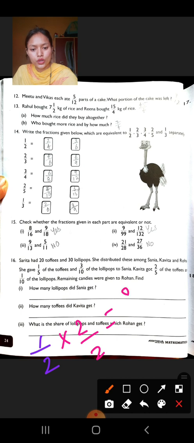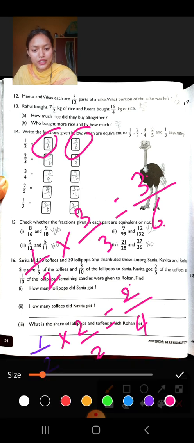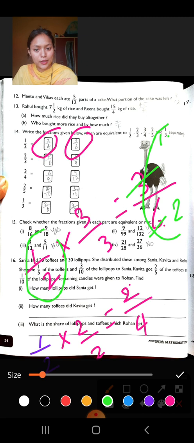2 ones are 2 and 2 twos are 4. So what's the answer? 2 by 4. So you will write here 2 by 4. Okay. Now multiply the fraction 1 by 2 by 3. So 3 ones are 3, 3 twos are 6. So what's the equivalent fraction? 3 by 6. And if you want to check whether your answer is correct or incorrect, cut these: 3 ones are 3, 3 twos are 6. What's the answer? 1 by 2. Yes or no? The question and answer are the same. So these are known as equivalent fractions.